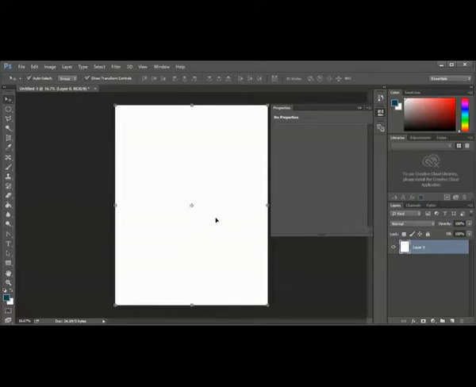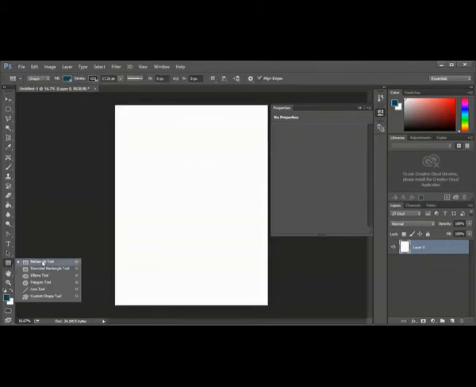Let me create one shape layer. I will go down here, click this small arrow, hold it, and you can see that there are a lot of shapes you can draw. Rectangle, we have not learned this, we'll learn later. I will select the rectangle tool. What color is it going to use? Fill, you can see here.